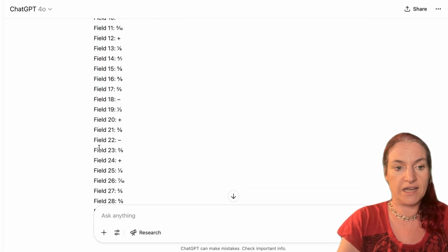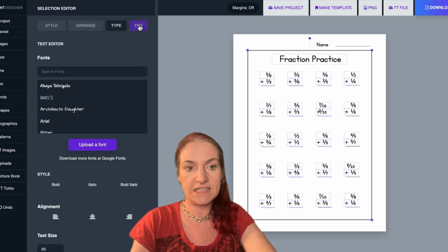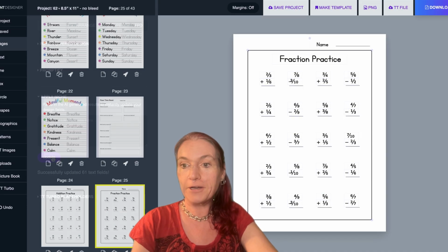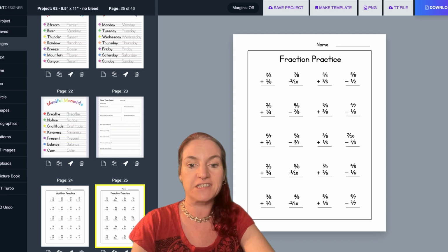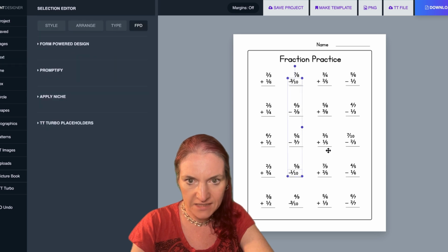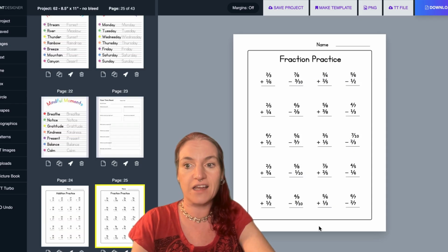And let's go ahead and copy this. And if it doesn't automatically select FPD, just click it there and apply niche. Perfect. So this has just created a whole new collection of sums. And I noticed that these ones are a little poorly aligned where it has the 10. So we can just select those and that one there as well. And then just use the arrows to fix that alignment. There we go. So you may need to tweak the odd things slightly, but this is such an enormous time